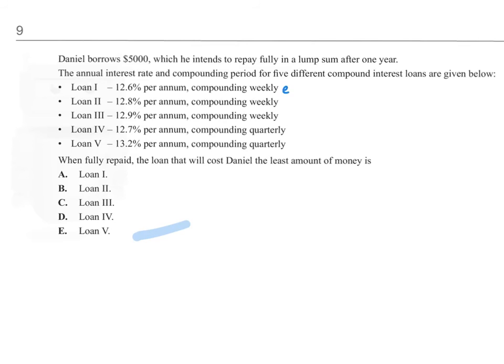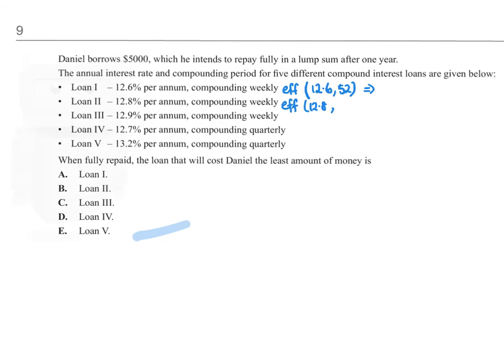So what you type in your calculator, you write EFF, or you can go into menu finance and get it, but it's just pretty much EFF. And you put the per annum rate, which is 12.6, and then you go comma, then you put the PPY, which means how many times a year is it compounded. Now they've said weekly, so if it was weekly, you write 52, and that will tell you your effective interest rate. And the same here, you got